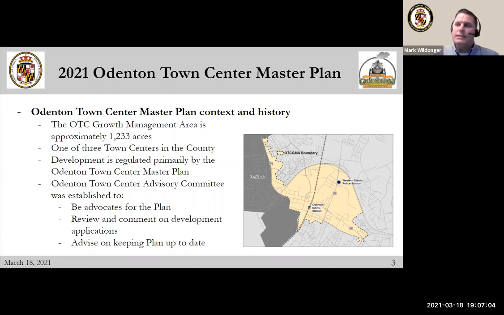Like I introduced Teresa, and I think I saw Martin Schroeder join the line. There is the Odenton Town Center Advisory Committee, and they're charged with being advocates for the plan, really being in tune with what's happening in the community and sharing